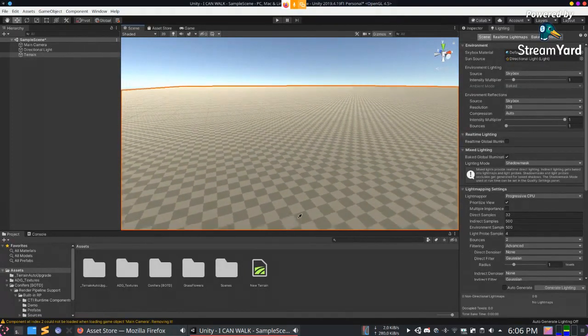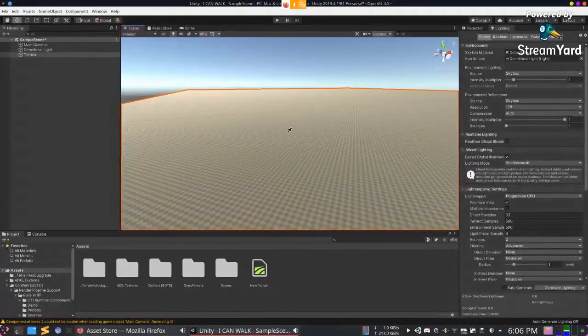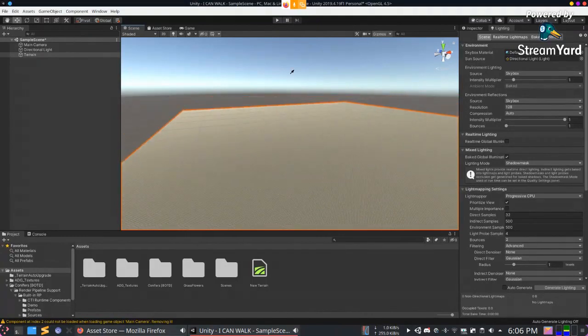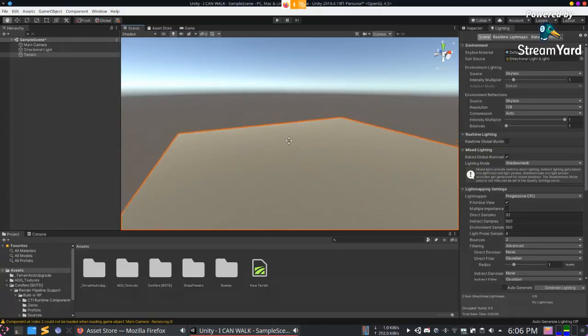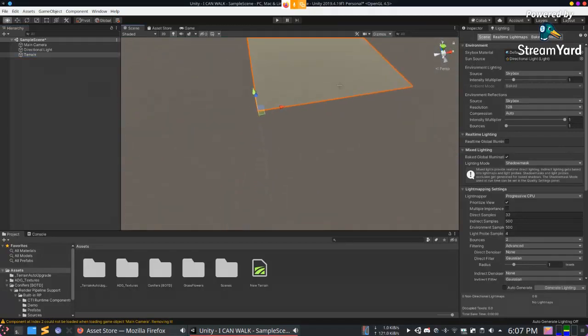With time you'll get more used to the motion system. Let me just move a bit away. You can click on the center cursor and move the mouse to drag up and drag down. And you can click on an object and then press F to focus on it. So now I have the terrain.